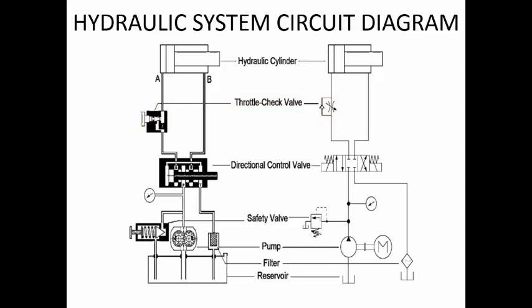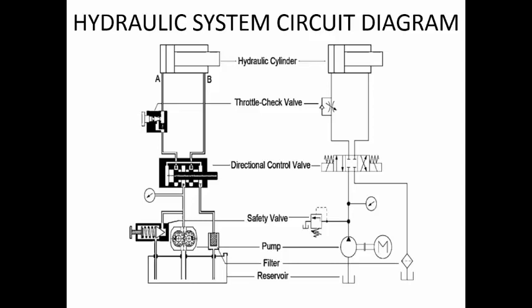When you are supplying the fluid onto the rod end side, and the piston is moving backwards, whatever oil is coming out of the cylinder will pass through the check valve by opening it, and it will not be throttled. If you did not have this check valve, then during the forward motion of the piston the oil has to flow through the flow control valve, and during the retraction motion again the oil from the cylinder has to pass through the flow control valve. But by the use of the check valve, you are ensuring that only during one motion you have the controlled speed, and in the other motion you do not have any controlled speed, and you allow the cylinder to move at its natural speed level.